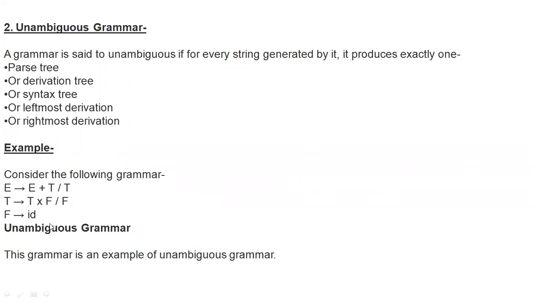And check whether this is an ambiguous grammar or not. Just by seeing that, we can easily identify that the given grammar is unambiguous. Why? Because the right hand side variable does not appear more than one time in the LHS, right? See, T star F is directly id. See the first example.